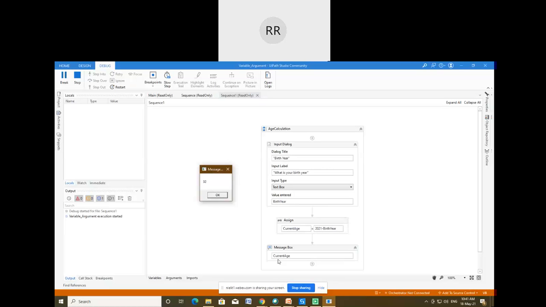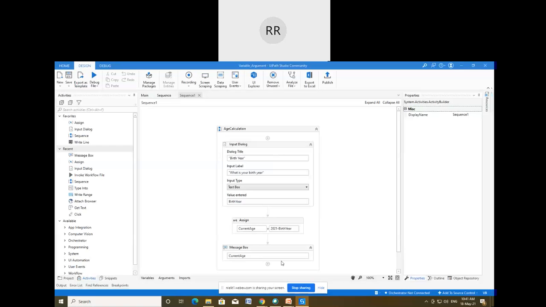So I'm just simply displaying the current age, but if you want to display some message or text along with this, suppose that you want to display that I am 32 years old, then you have to use the concatenation concept, string and variable. You have to write under double quotes "I am", then current age, and then plus, and then under double quotes "year old". Then that will be displayed. So that is not a big deal.